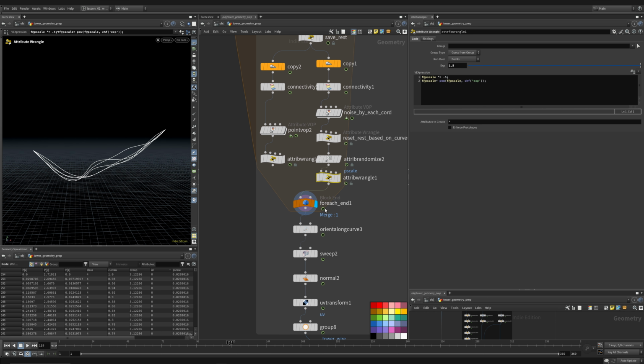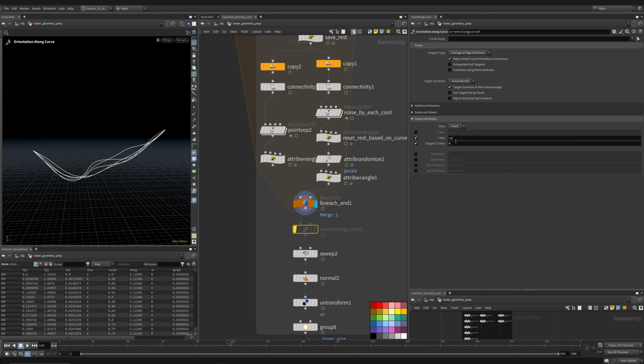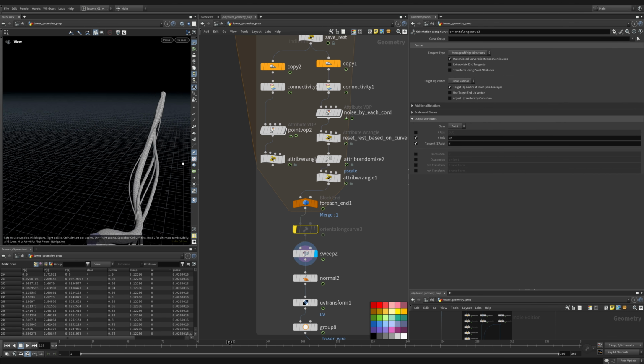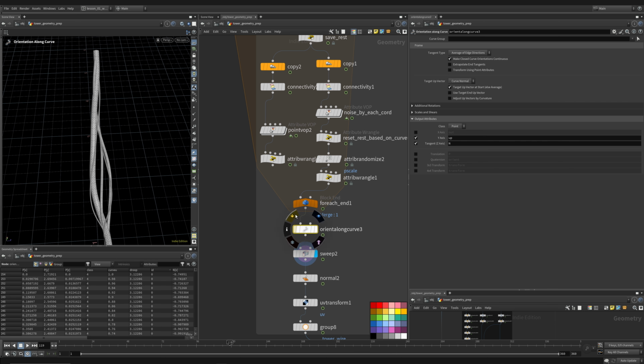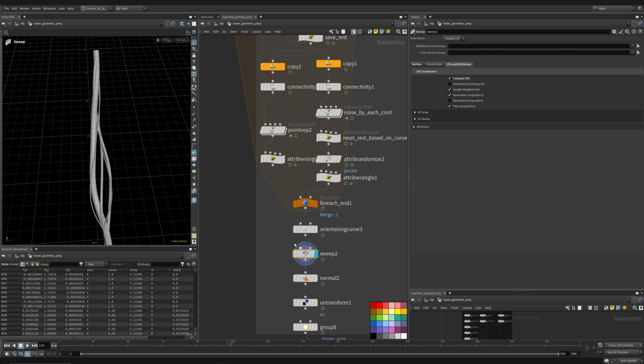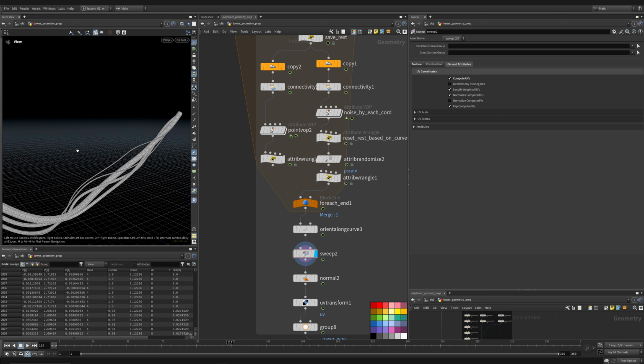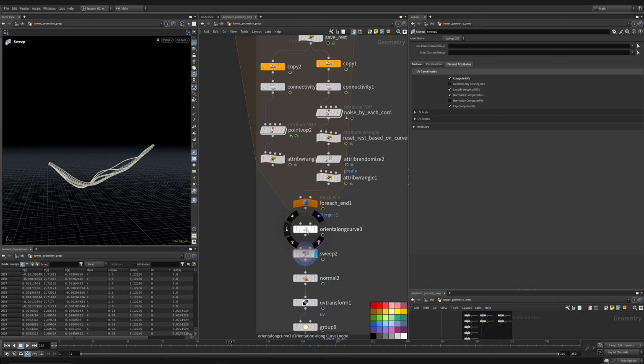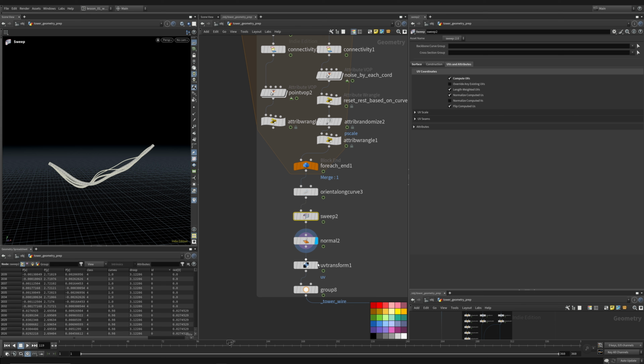Next up is the orient along curve. The reason we do this is again to create those up and normal attributes, the N, which lets us sweep it in the correct way. And it looks like that's actually set up well here. So that is good practice if you're sweeping curves to recreate those, because these attributes are used by the sweep node to create it correctly. Then normal,